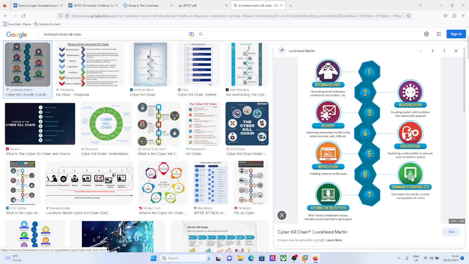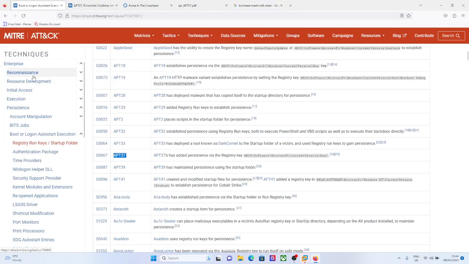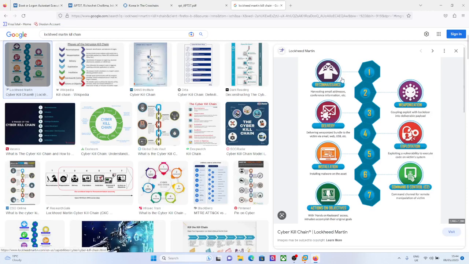For example, reconnaissance, you can find the related reconnaissance techniques here: weaponization and delivery, exploitation, installation, command and control, actions on objectives. So TLDR, attackers first try to establish an initial foothold on the system, whether it is phishing mails or other stuff,